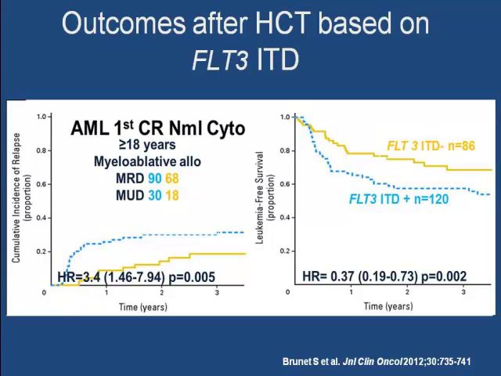And you can see here the breakdown between related donors and unrelated donors between the two groups. 90 of the FLT3 ITD positive got a related donor, 30 unrelated. 68 of the ITD negative got related donors, and 18 unrelated donors. The patients who were FLT3 ITD positive were 3 times more likely to relapse in comparison to the patients who